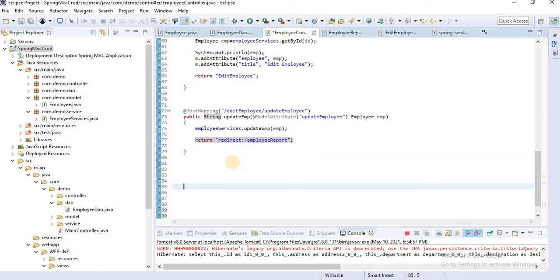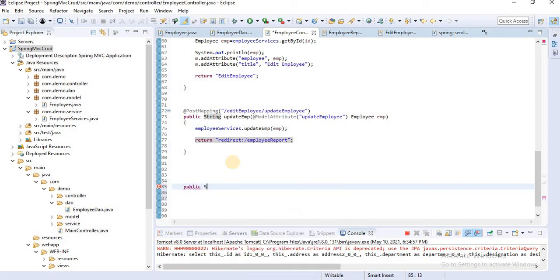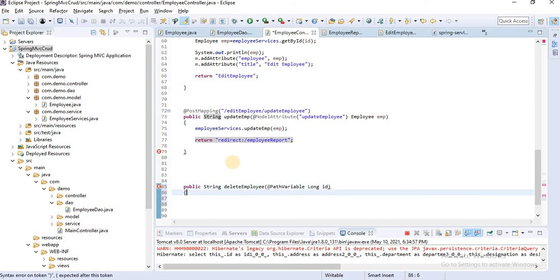Create a delete employee method: public String deleteEmployee. Here we got the ID, that's why @PathVariable, and the path variable type is Long id.